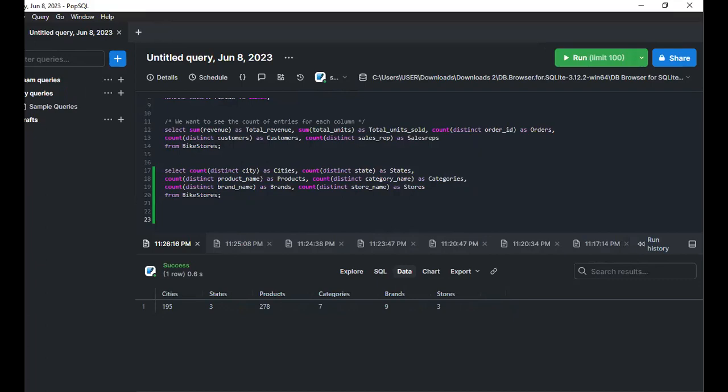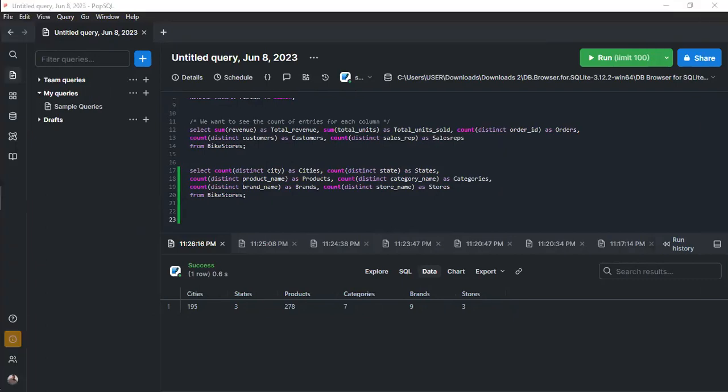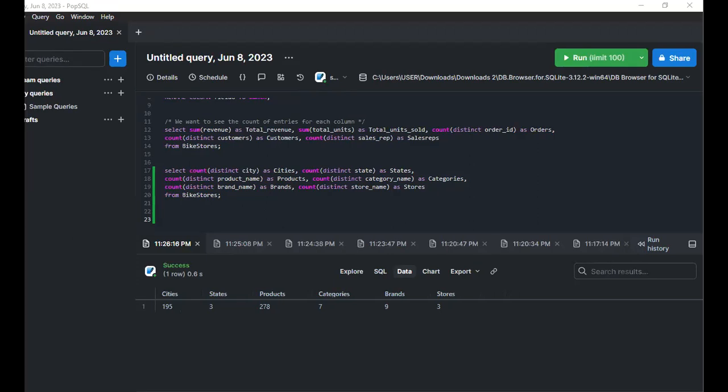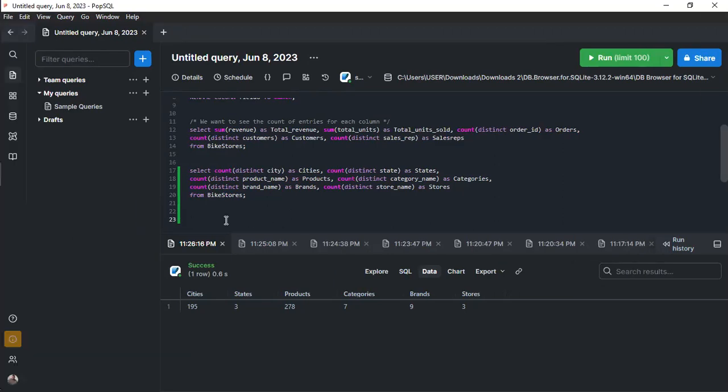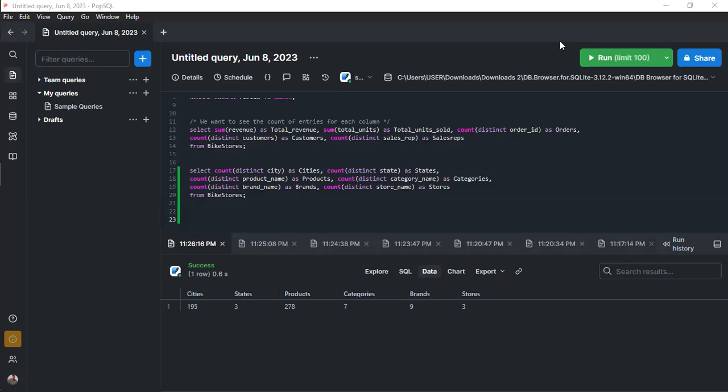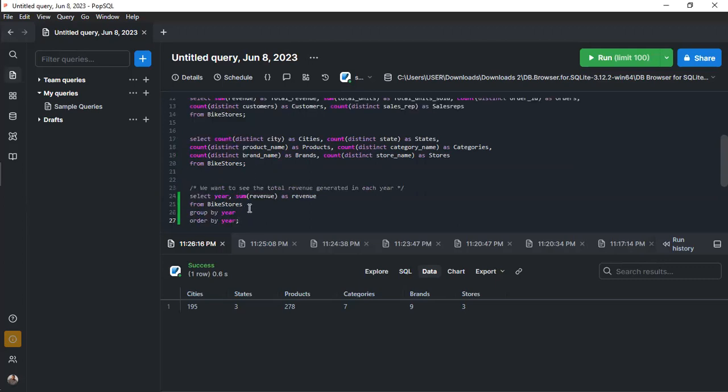So the next thing we want to look at is revenue by year. Which means for 2016, 2017, and 2018, how much was actually made during these 3 years? So we're going to copy and paste that code as usual. If I run this query,